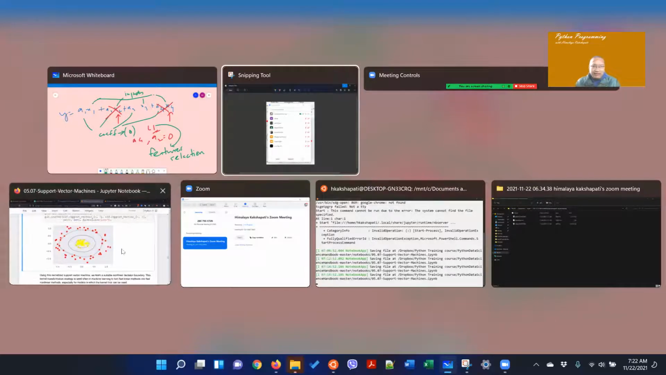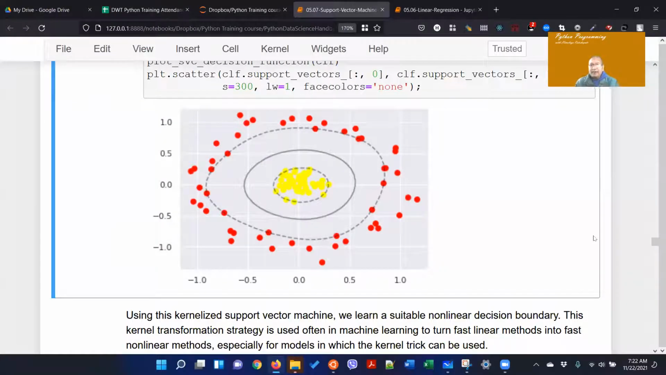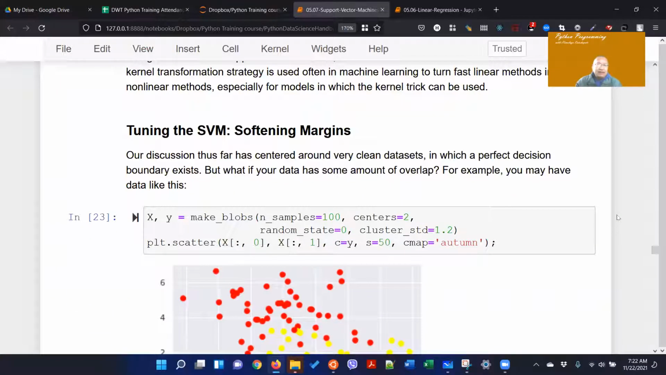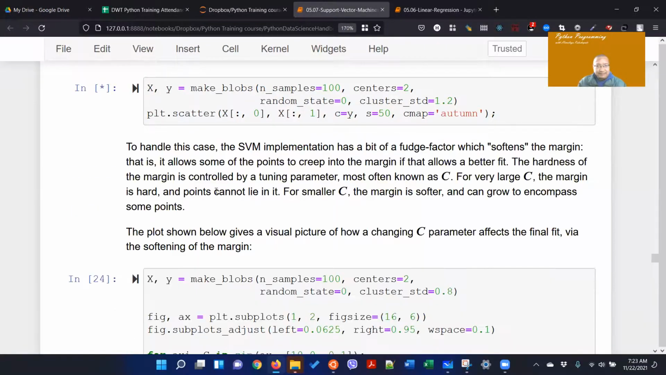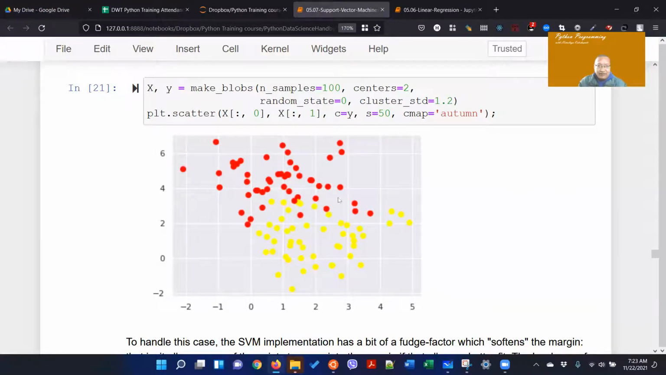Again, C was set to a very big number, right? What is C? Okay, let's look at what is C. So tuning the SVM, softening margins, right? So far, our discussion has centered around very clean data sets in which a perfect decision boundary exists. But what if your data has some amount of overlap? For example, you can have data like this. See, there's no clean separation. There's no way you can cleanly separate these two